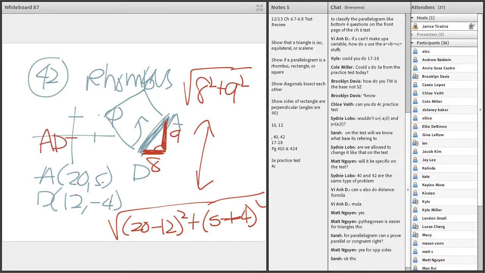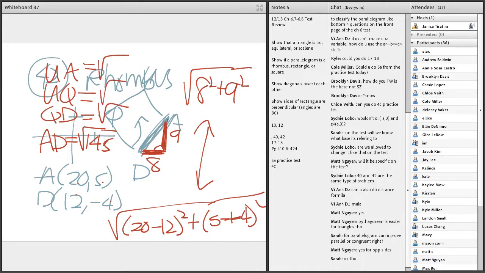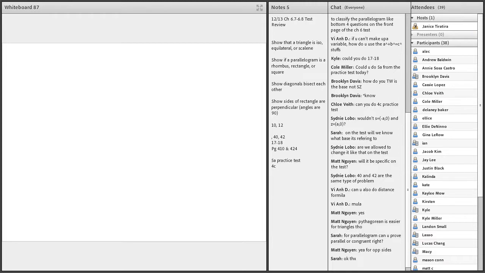So it seems like AD is square root of 145, and that means all the other sides have to be square root of 145. So you want to show each segment, AD, QD, UQ, and UA. You want to show every single one of those is square root of 145. Okay, that's 42. I know I didn't do the whole entire thing, but you want to try to find the distance for all of them. If it asks for a concluding sentence, you would say the quad is a rhombus